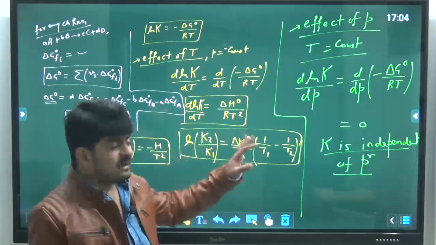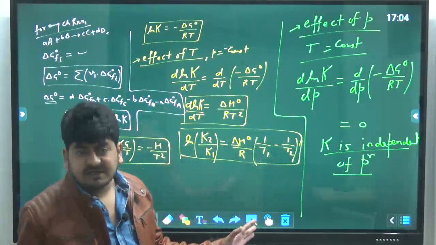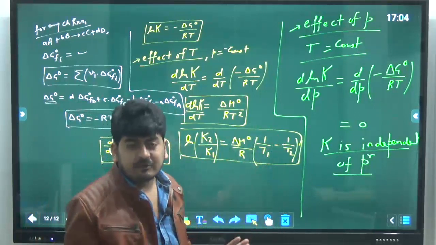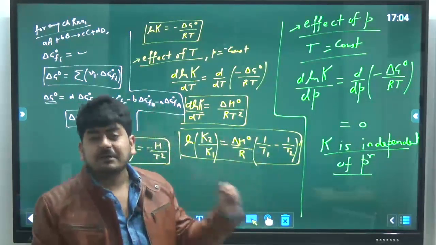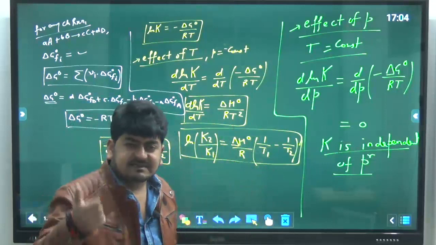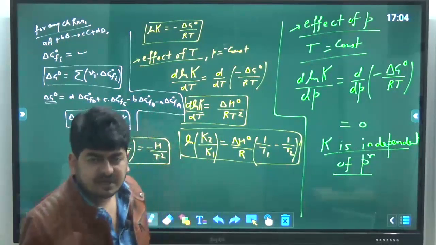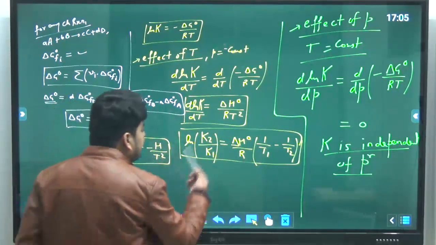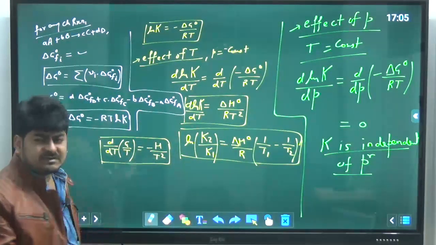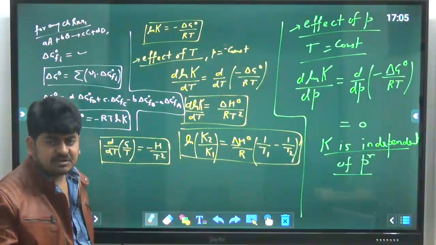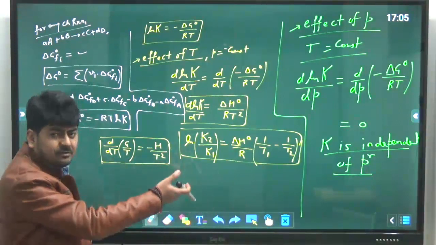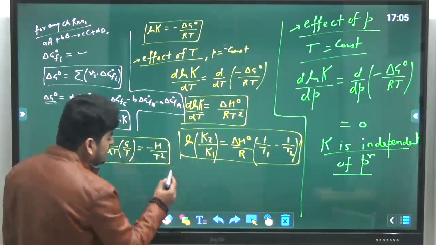Okay, and you can see that here it has nothing to do with the phase of the reaction, whether it is gas phase or liquid phase. It is always independent of pressure, be it a gaseous phase or a liquid phase reaction. Okay, and similarly here is one thing which we discuss in the CRE, chemical reaction engineering subject, but still I am telling you here in brief that you should know.